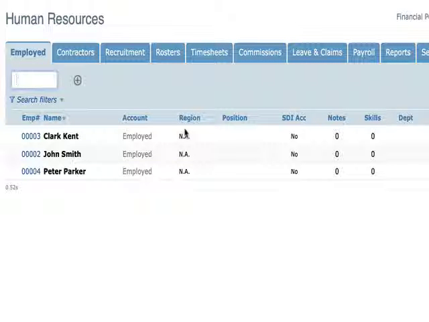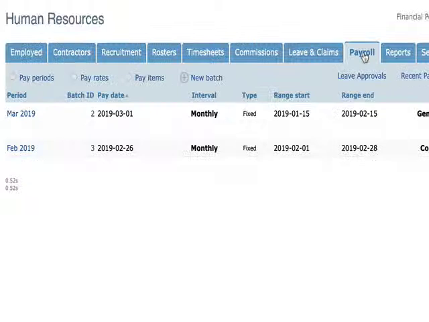Okay, payroll is managed in the HR module on the employed tab, which is the first with all your employee records, and the payroll tab. On the payroll tab is where you do monthly batches, or if it's a fortnight batch, this is where you create pay slips. So pay slips are best created in batch rather than manually on the employee record. It just helps you to bring things together. It's a better workflow, it's simpler, and it prevents